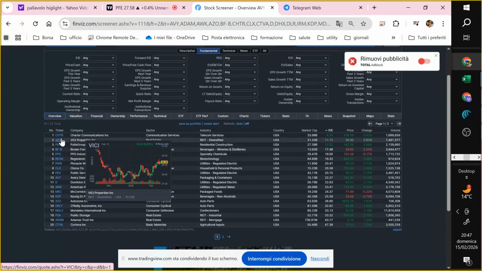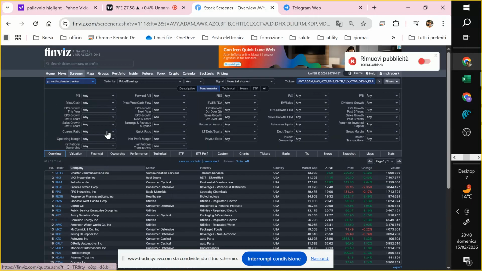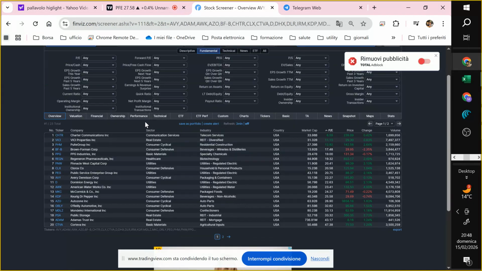In general, we build a portfolio and then we use the functions of Finviz to create a good analysis of these stocks. For example, we have the opportunity to filter the stocks